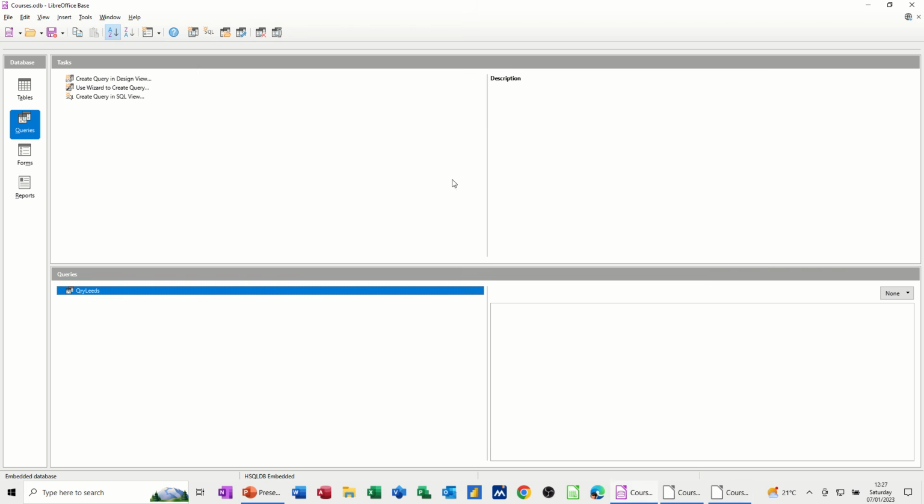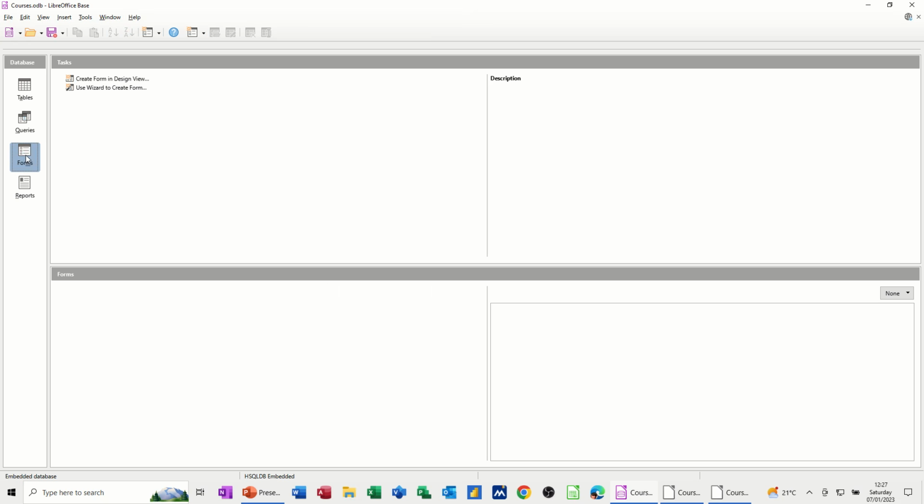Now if I close that down and have a quick look at a form. So form is an input mechanism. It also can be used as a navigational aid, but as an input mechanism, let's create a form in design view, or use the wizard to create a form. Let's go for the wizard again. So this time I'm creating the wizard,